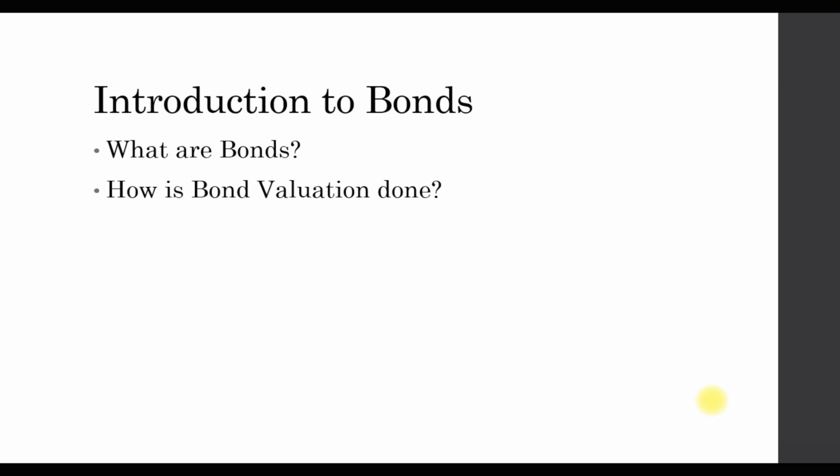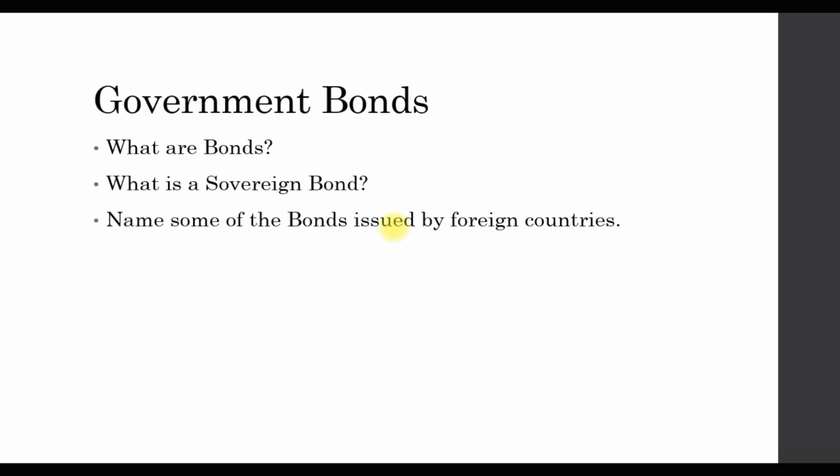Governments also issue bonds for borrowing of money from investors. So that answers what are bonds and how is bond valuation done. Bond valuation, as I told you, is not straightforward and may be based out of time value of money. So you have to see the section on valuation of shares to understand what is time value of money and how it is applied in different cases. Now we'll see what are government bonds.